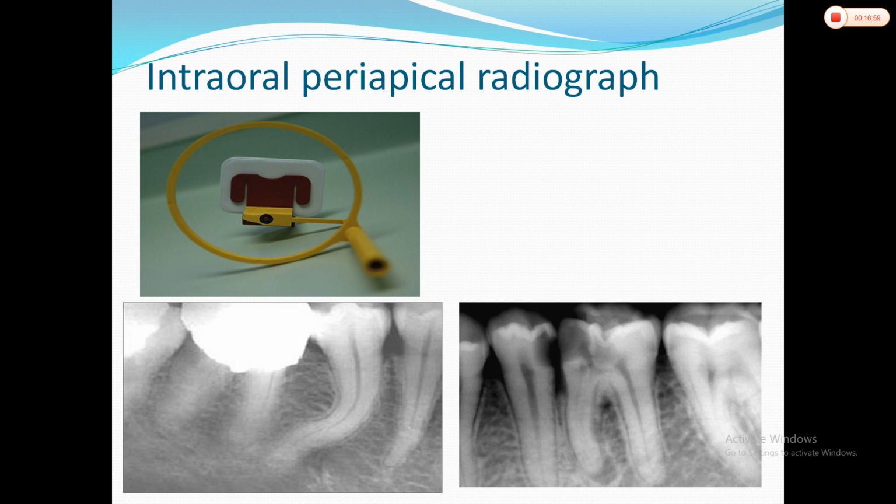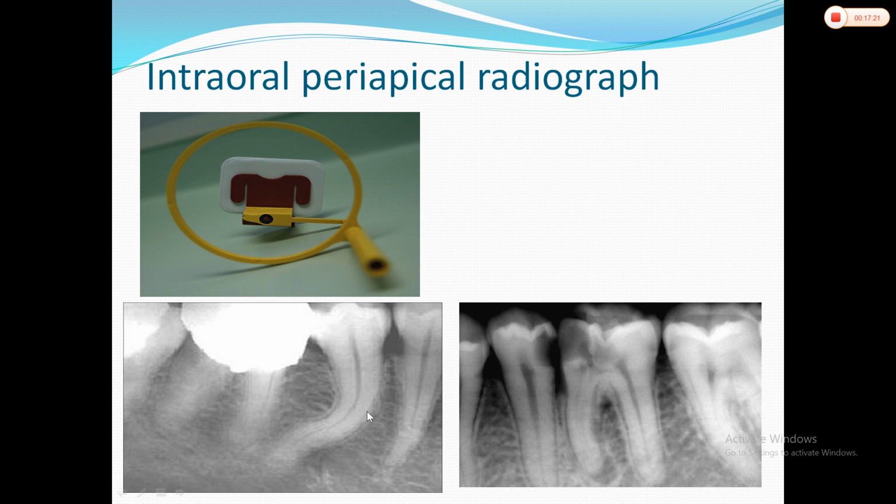Even in dental trauma cases, to know the type of fracture and the extent of fracture, it is indicated. Even in extraction cases, to know the root morphology, it is used. For example, in this case, there is root dilaceration, that is a bend in the root, or even